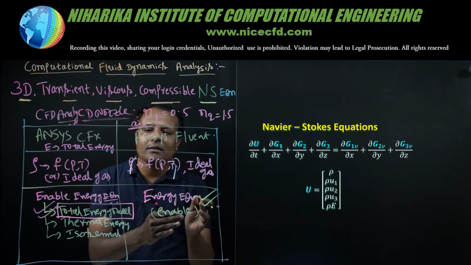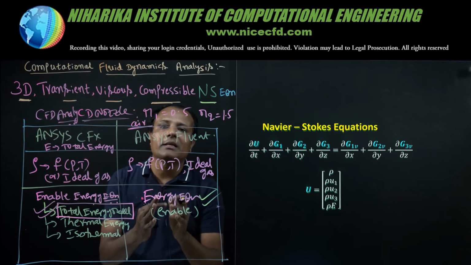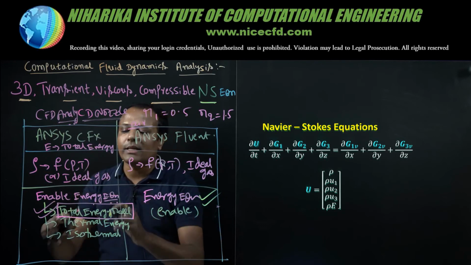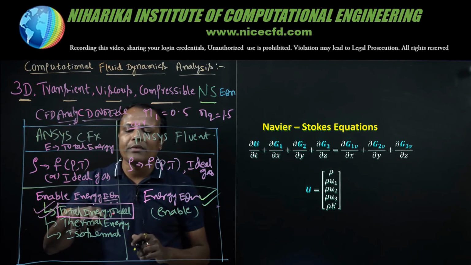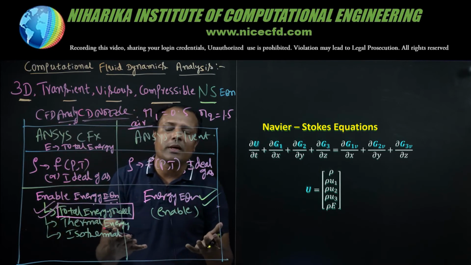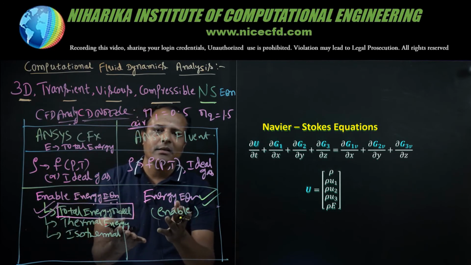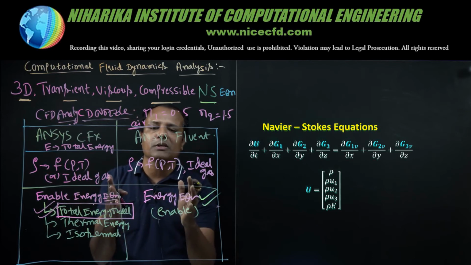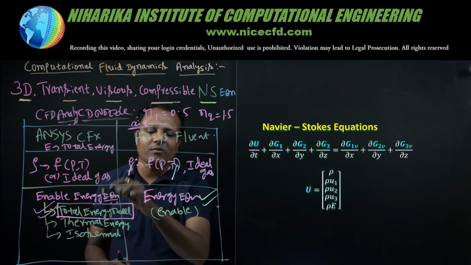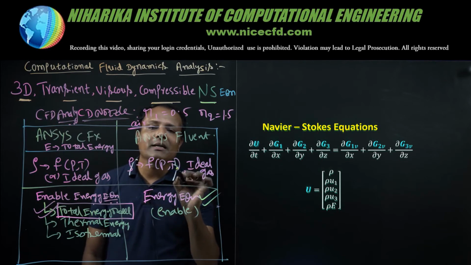Because we studied what is E. E is a sum of kinetic energy plus internal energy. Internal energy is important for compressible flow, and E is nothing but total energy. We are able to dig out why we need to use the total energy model in the CFX solver. In some other solvers also, the same option is available. The words are changing, the sentences are changing, but if you clearly understood the Navier-Stokes equation, then it is very easy for you to take a decision. Any one mistake will totally lead to false and untrustable results.